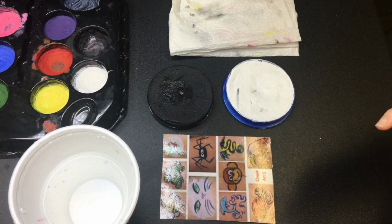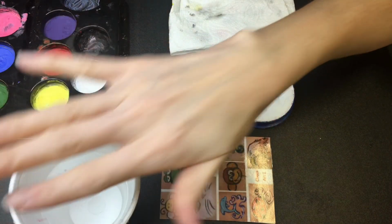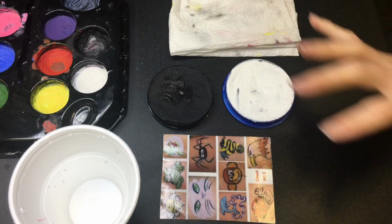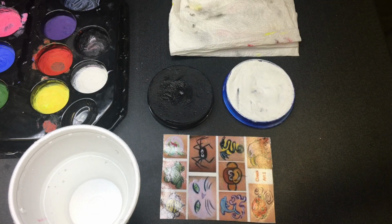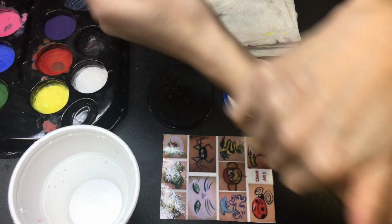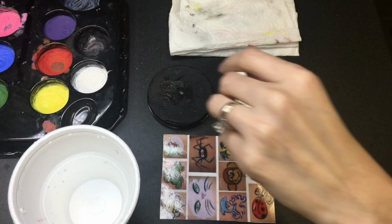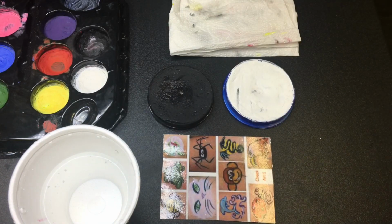You have a box of tissues, you have hand sanitizer, you have your palettes, and you have a cup of water. While I'm explaining the palettes, I need you to go ahead and take the hand sanitizer, and we're going to work on our arms. So you're going to hand sanitize the inside of your arm, the back of your hand, and your palm. Go ahead and do that. All right, meanwhile,